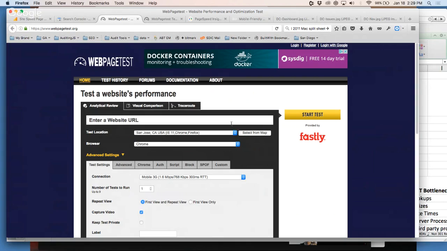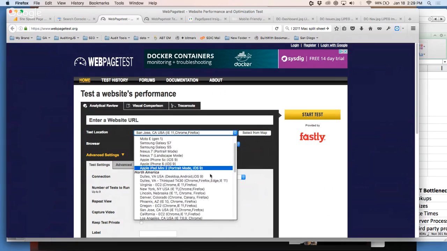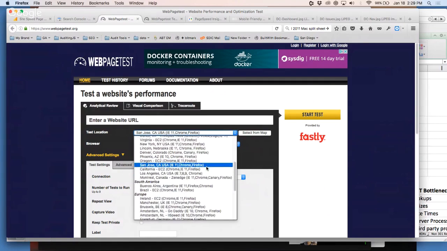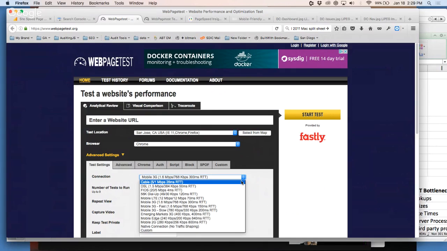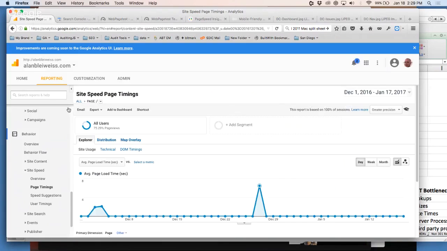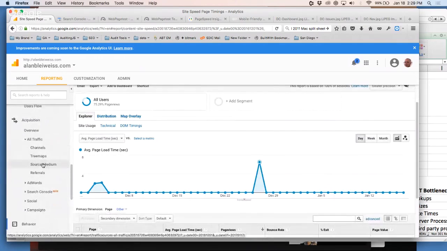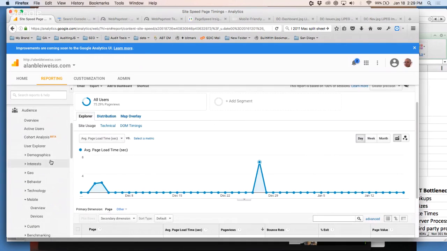With WebPageTest, I can choose the different city or location around the world where I want to test from, and I can choose to emulate different browser types, and the one I focus on most is Chrome, because Chrome is Google's own browser, right? And I can test connection speeds. And this is critical because when you look at your actual client data and you go to